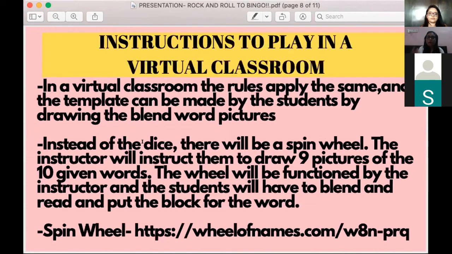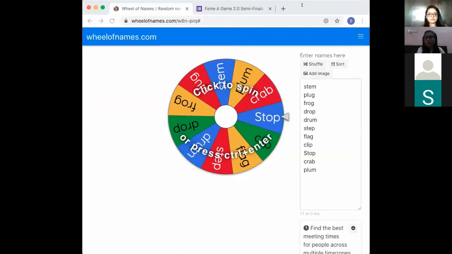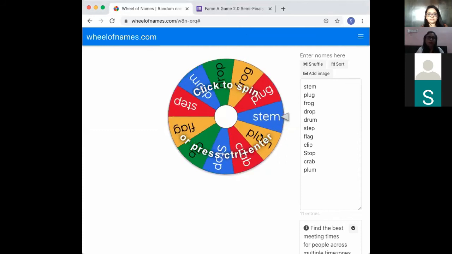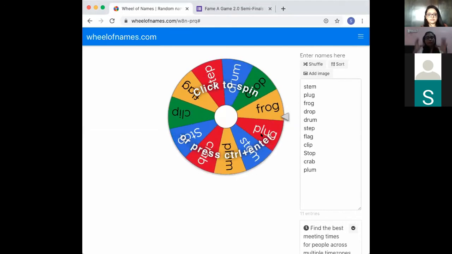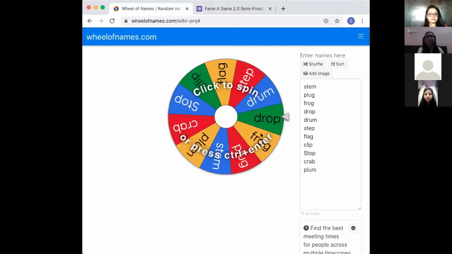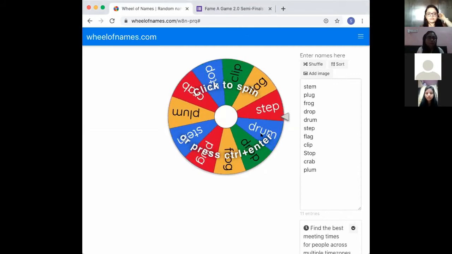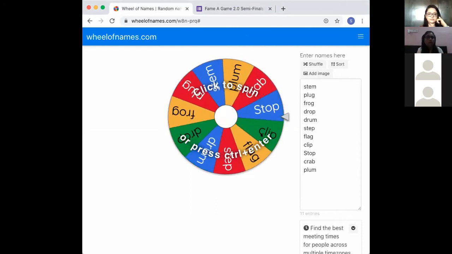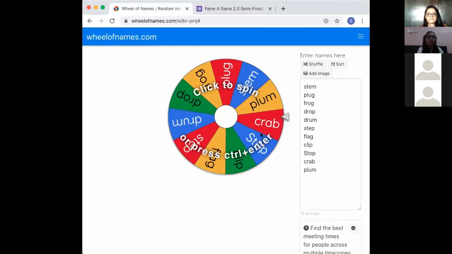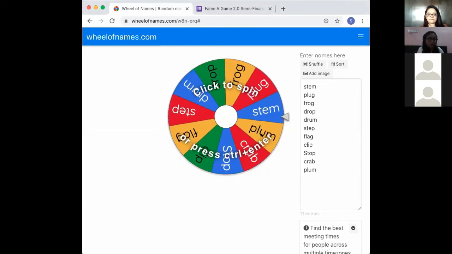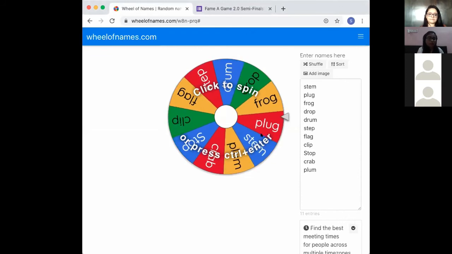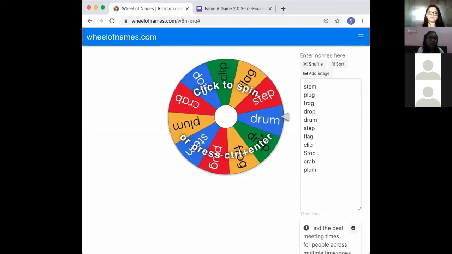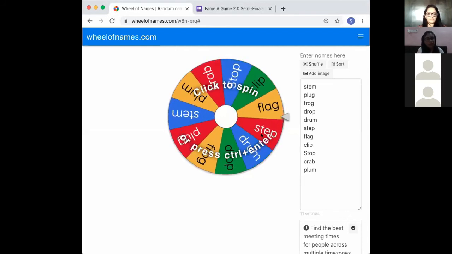We already have the spin wheel, I'll just share. In the virtual class, the teacher herself can spin the wheel with the same words, and before the class starts, the children can divide their sheets into a 3x3 grid. It's very easy and convenient for them to draw certain words, that is the initial consonant blend words or the final consonant blend words. Our K2 children are able to draw the pictures themselves, and they can randomly put them anywhere, just like housie ticket numbers. So each child's sheet will differ. Whenever the word is spinning, that's how we can have this game virtually as well.